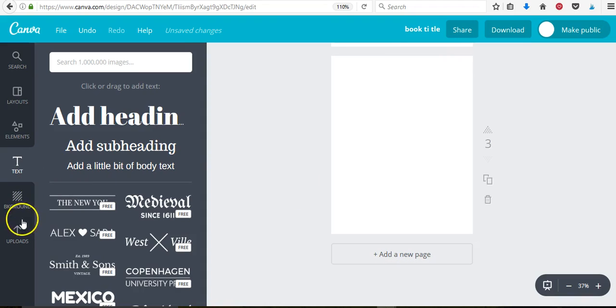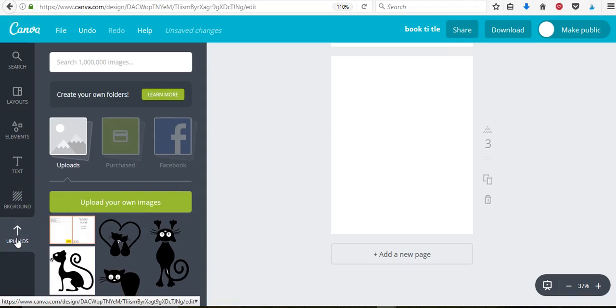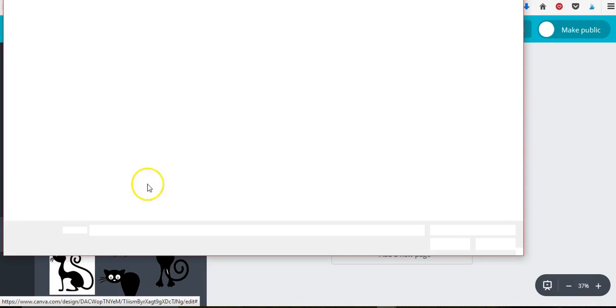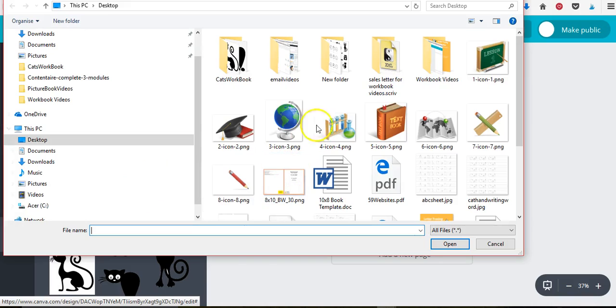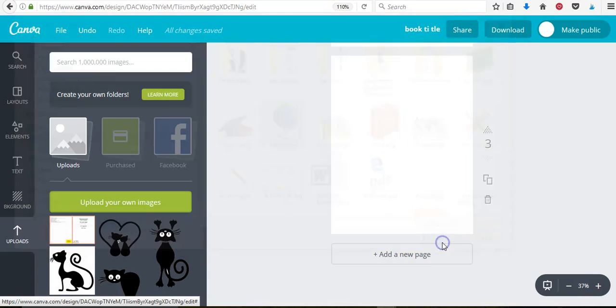So in my case, I had found images that I wanted to put in my workbook. I was trying to do a cat themed kind of workbook, so I had downloaded images from Pixabay, and then I had used Pixlr to cut them up and to make them into individual characters. So then it was simply a matter of uploading those images. Just click that upload button here, and then select the image you want to choose from your laptop. So if I was going to choose this icon here, I just click on it, click open,